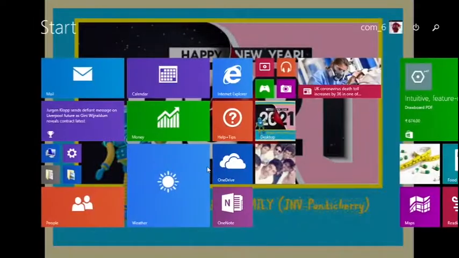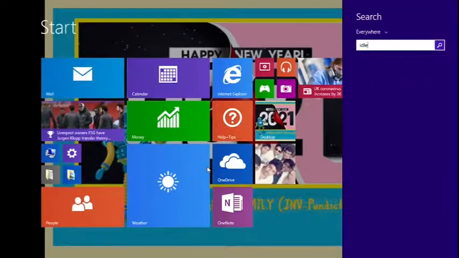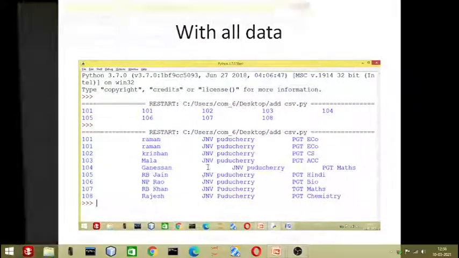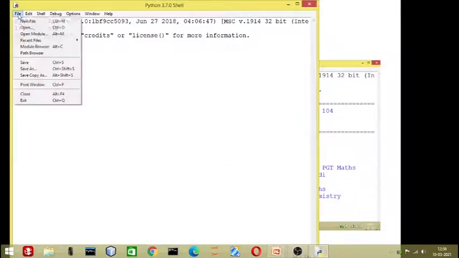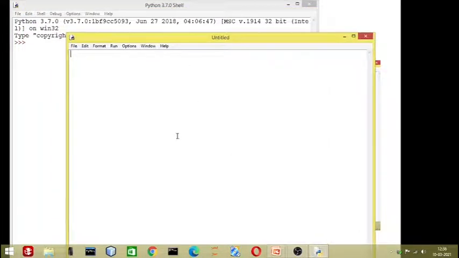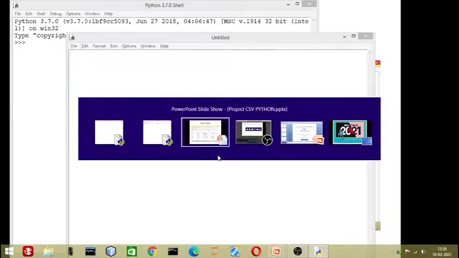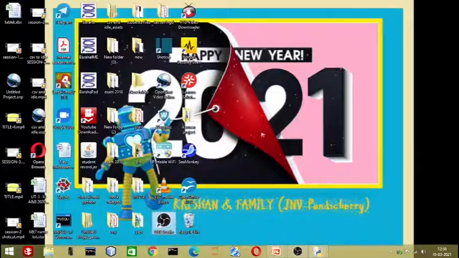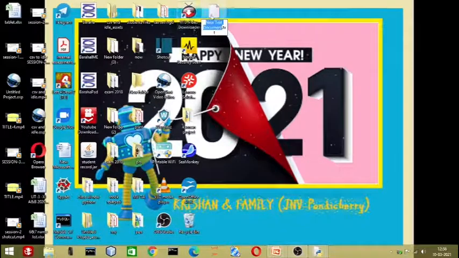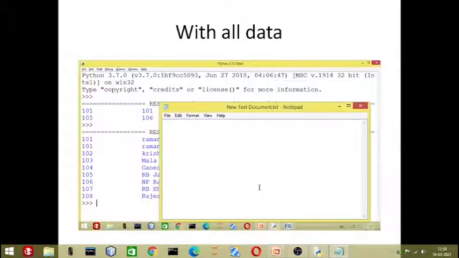First of all we are going to start our IDLE. Now we'll go to File and open a new file. Every time we are doing the same thing, we'll write all our code in the file itself. Before that, let us create a file on the desktop. We will create one text file here and enter some values.